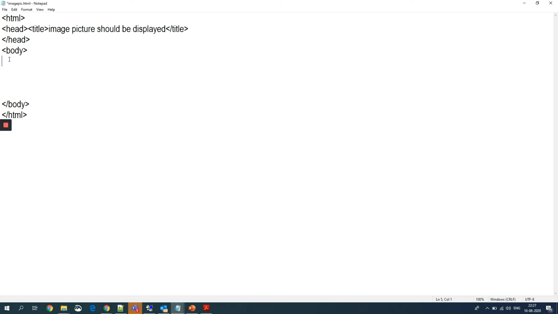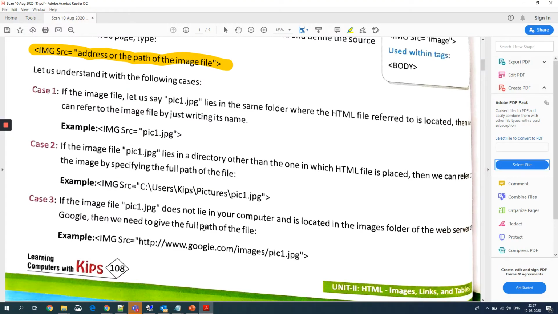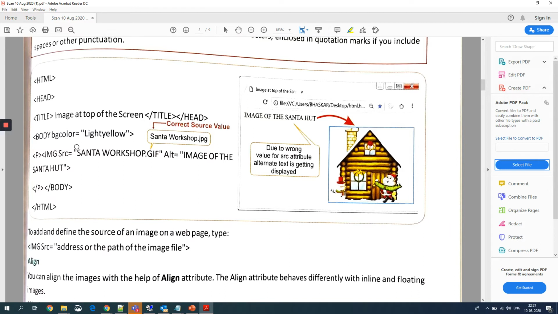So here what I have to write is, I have to insert an image. Now we'll just keep on saving the file meanwhile, and then again go to the document which you have in your book. So how they have written, we'll just follow the rules which the book is saying. So see, this they have given you in the book. First of all, they have opened the HTML head, title, and then body BG color. This is your choice whether you want to give it or not. And then they have given an IMG SRC, right?